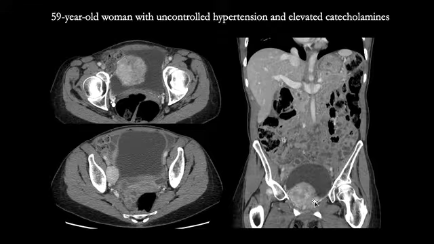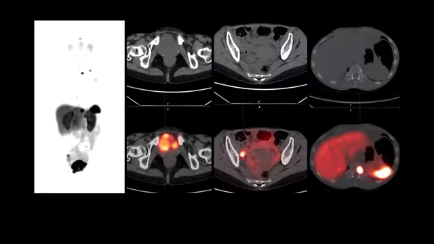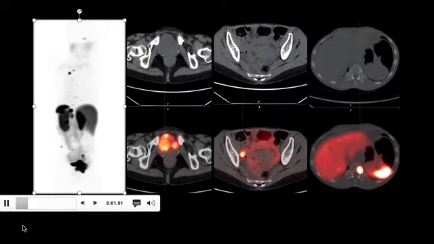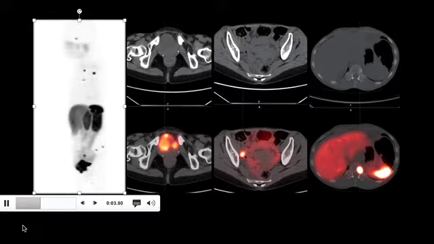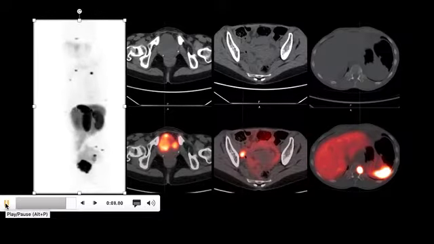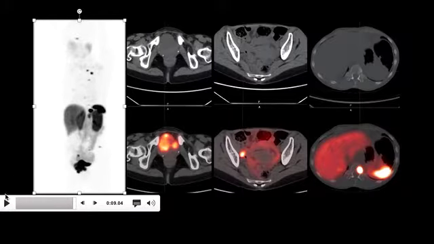Here's the appearance of the mass on the coronal image. And so the concern now is that she probably has a urinary bladder paraganglioma, and a whole body staging was performed using gallium-68 dotatate PET-CT. Let's start by reviewing the whole body image. And so here we see physiologic distribution of tracer, gallium-68 dotatate, and we see multiple foci of increased uptake which